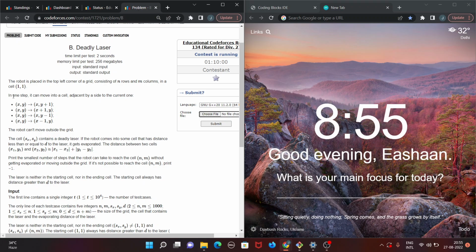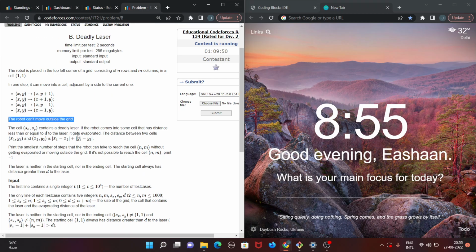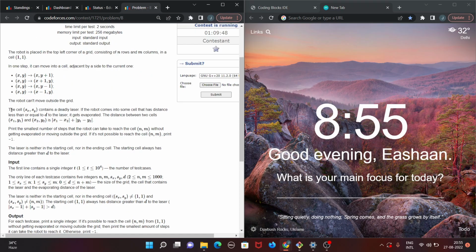In one step, it can move into a cell adjacent by side to the current one. The robot can't move outside the grid, and a cell contains a deadly laser. If the robot comes into some cell that has a distance less than or equal to d to that laser, it gets evaporated. Distance between two cells is this,